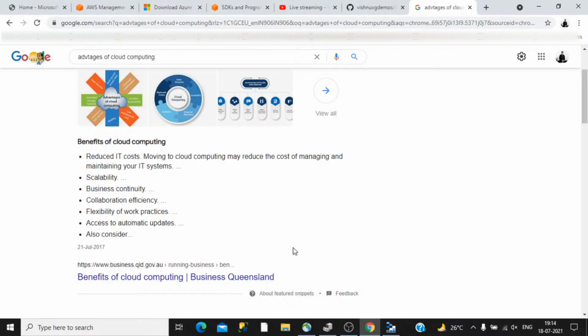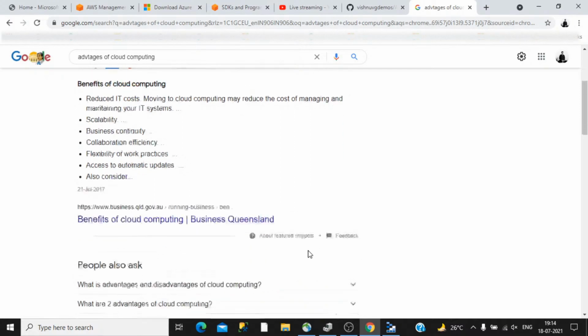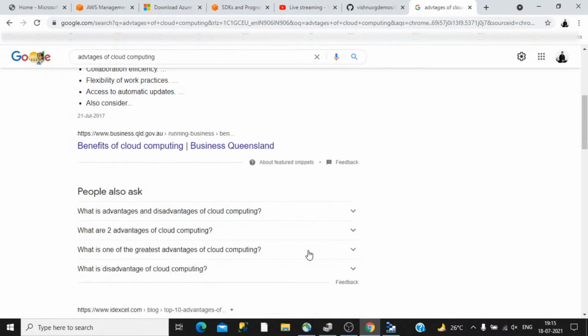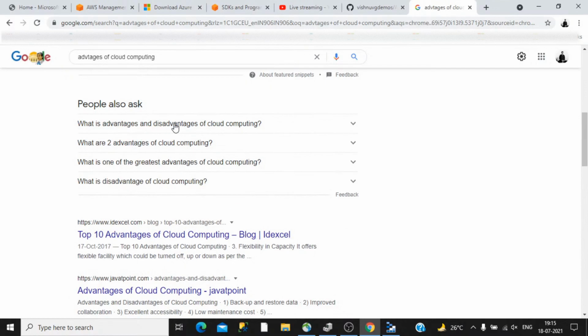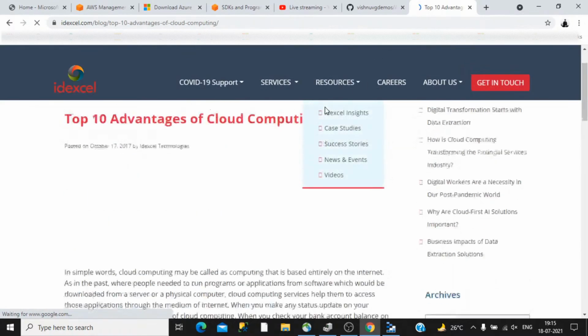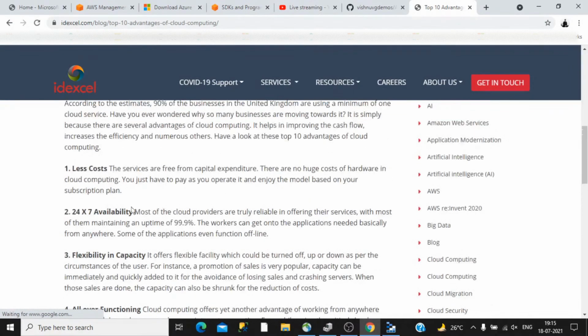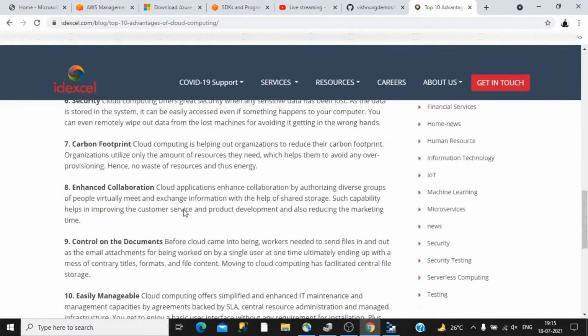A lot of blogs already define that, so I am not going into all those details again. You can check that if you are new to cloud computing. Mostly the advantages are there, and you can follow some of the links to get an idea; some of them we already discussed.